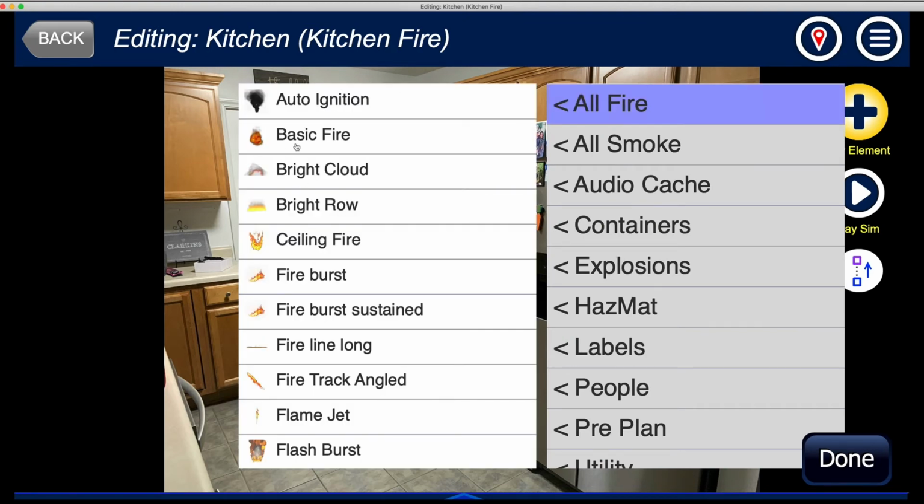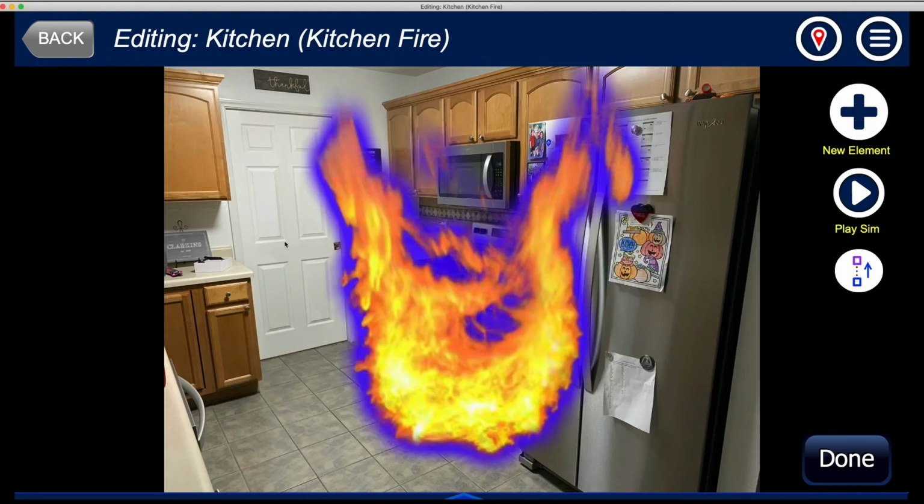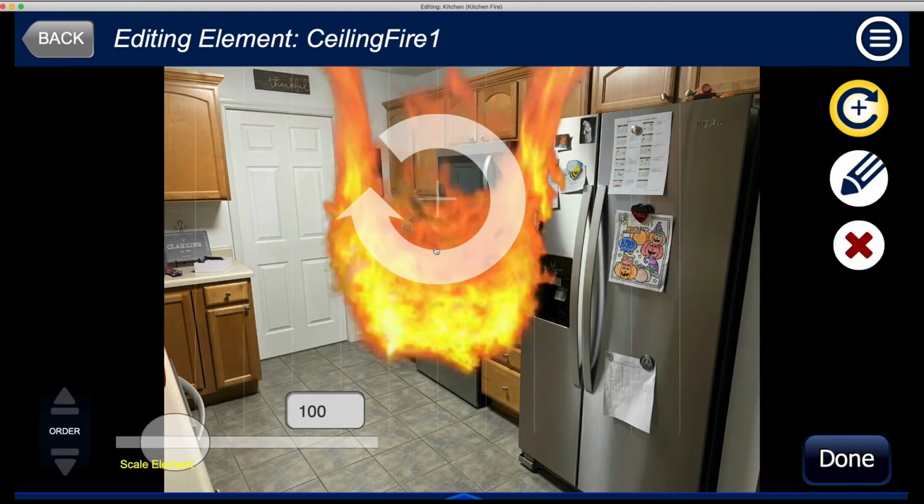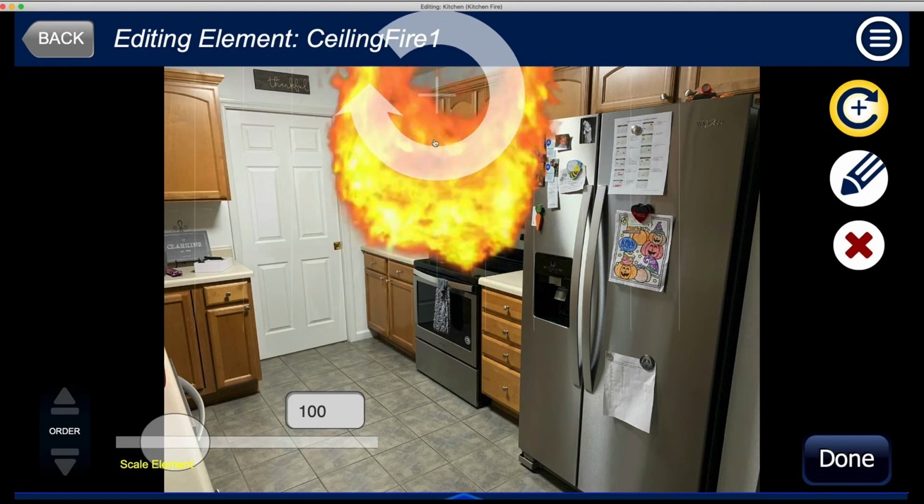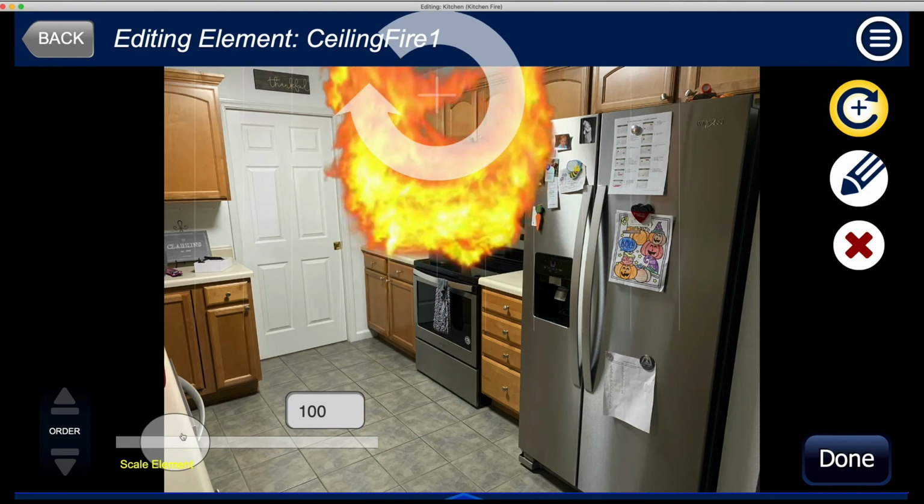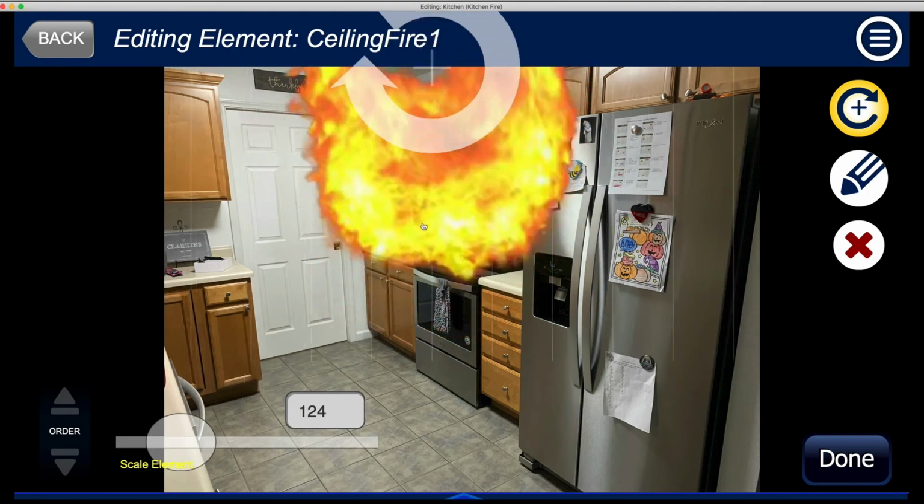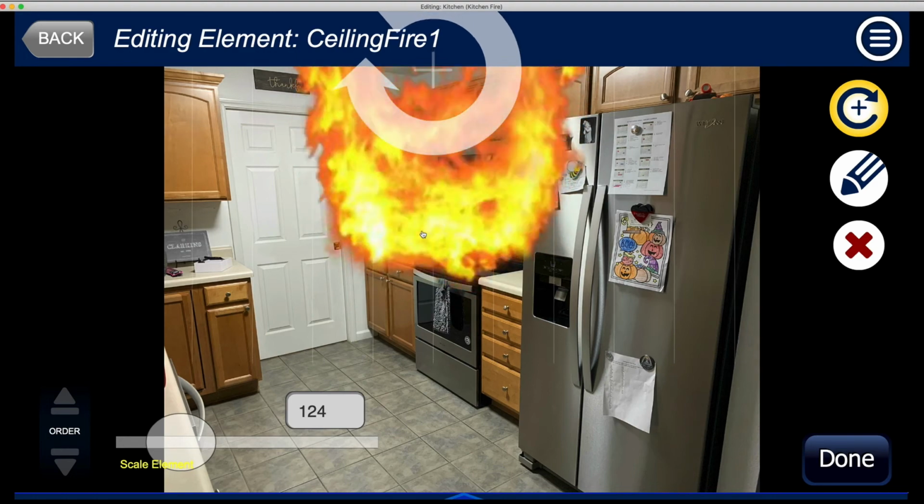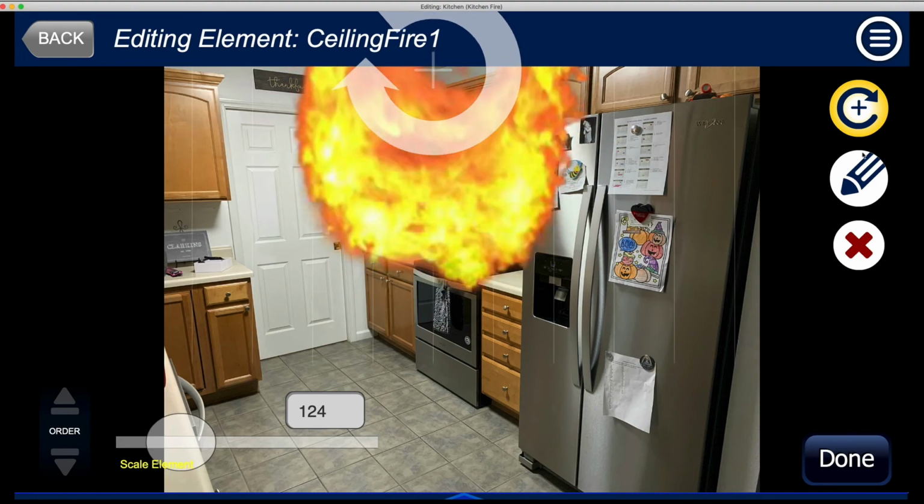So usually here you can use the basic cloud. I kind of like the ceiling fire as well. Let's try that one. We can kind of scale that up, and it looks pretty good with the cabinets and the roof and all that. So we'll go ahead and scale this one up a little bit. We'll put this up here. And then I'm actually going to grab another one,